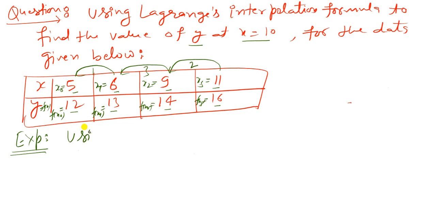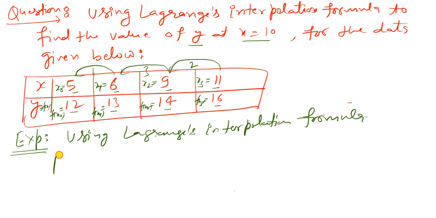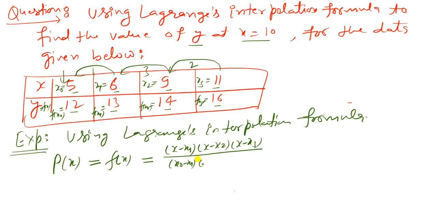So using the Lagrange interpolation formula, P of x, or generally y of x, or f of x, is equal to x minus x1, x minus x2, x minus x3 upon x0 minus x1, x0 minus x2, x0 minus x3, f of x0, plus